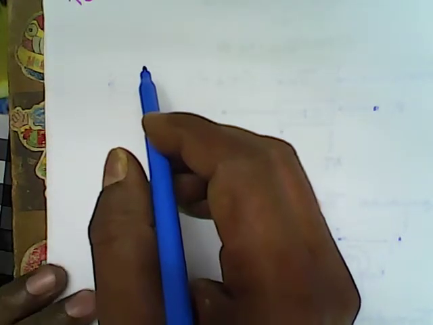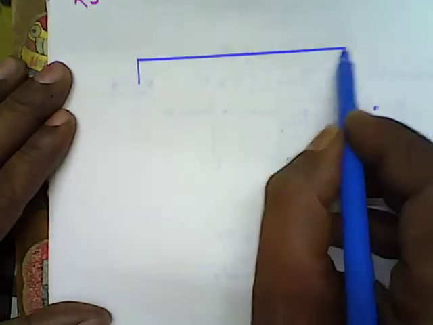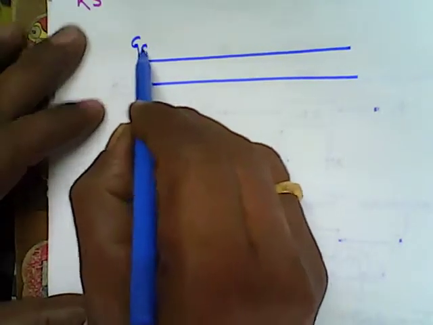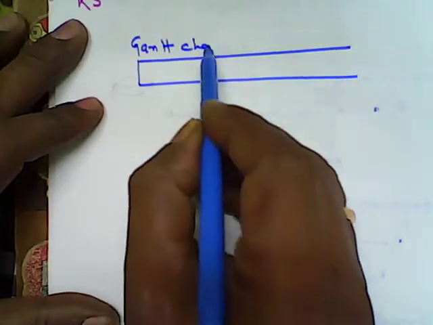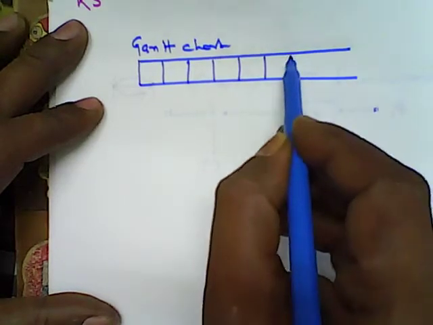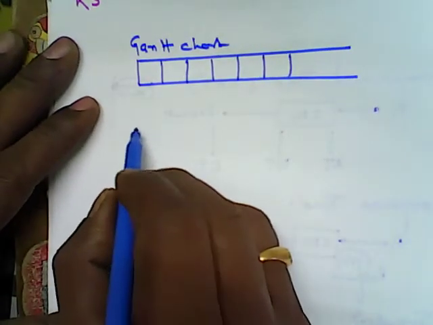So here I am just making some easy ways of understanding so that you will not have any problem while solving the problem. Let me put it in a scratch way. Assume that this is one Gantt chart. And here you are having divisions like this, and processes are given. I am putting the processes, say P1, P2, P3 and P4,